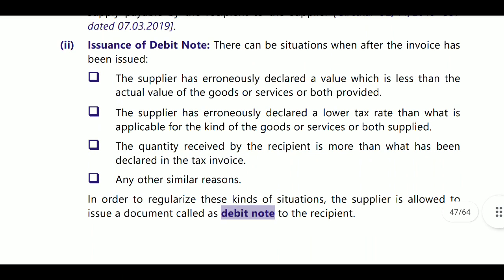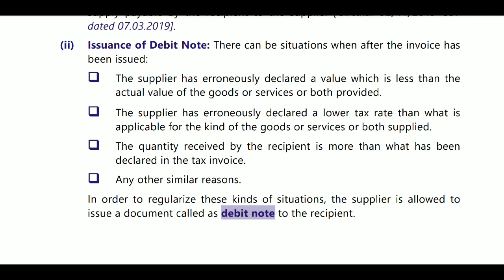Next, debit note. In the above case we are seeing the greater than. Now here we will see the less than, where one or more tax invoices have been issued. Already you must issue the tax invoice, then only we will issue the debit note or credit note. If you have not issued any tax invoice, we will not provide a credit note or debit note directly. We must issue one tax invoice, then only in respect of that invoice we are providing this debit note or